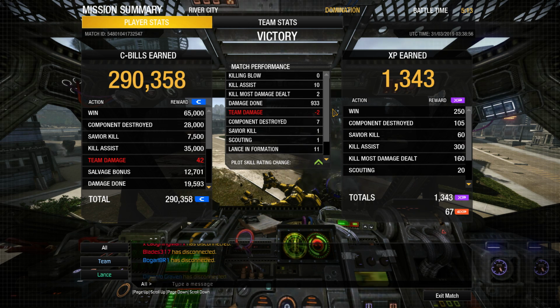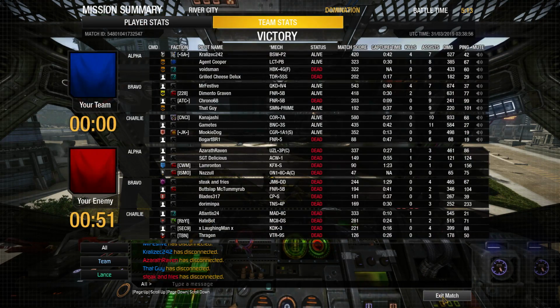We didn't get any assists. Well, no, we didn't get any kills, but we got pretty much every assist, and we did 2 kill most damage dealt. Another almost 300,000 C-bills, and just kicking ass. So this is the